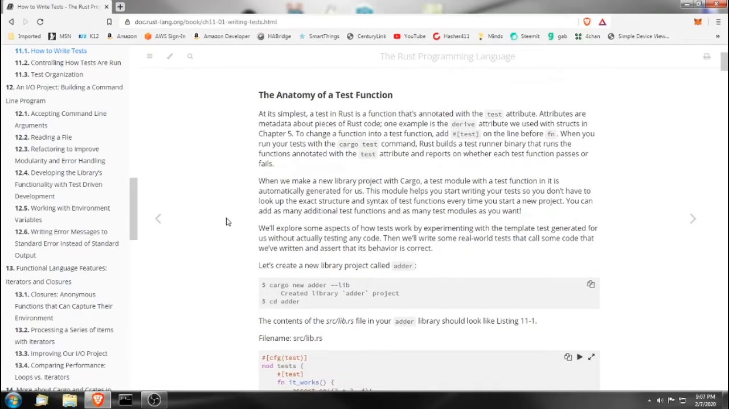The anatomy of a test function. At its simplest, a test in Rust is a function that's annotated with the test attribute. Attributes are metadata about pieces of Rust code. One example is the derive attribute we used with structs in Chapter 5. To change a function into a test function, add #[test] on the line before fn. When you run your tests with the cargo test command, Rust builds a test runner binary that runs the functions annotated with the test attribute